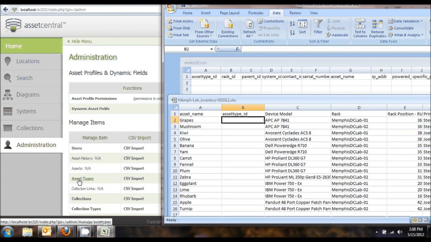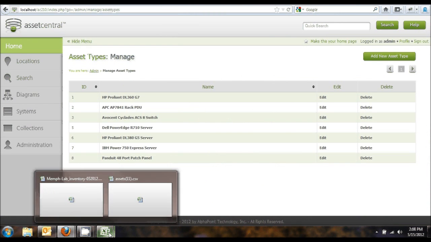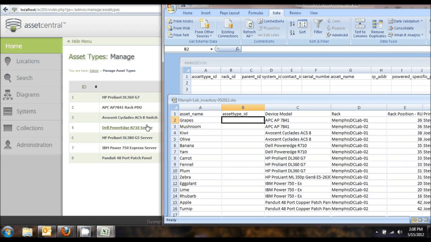What I'm going to need to do in order to get that number is, in Asset Central, go to Asset Types, and here we go. Looking at each of these device models, I'm going to need to add the ID number for that asset type. So this first one that says APC AP 7841, that's a rack PDU. I can see that the ID for that in Asset Central is 2. So these first 2 are